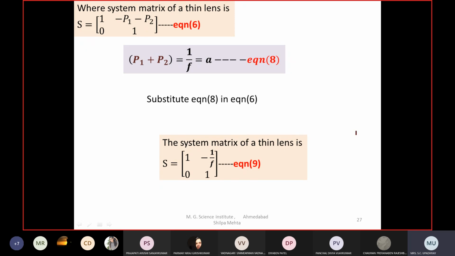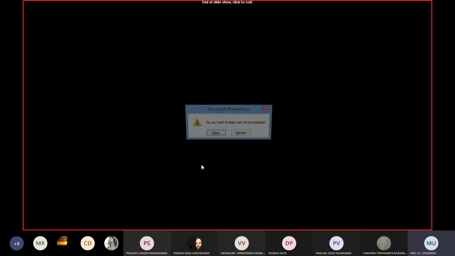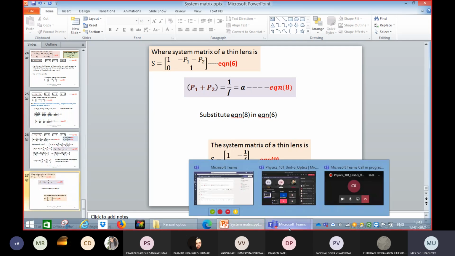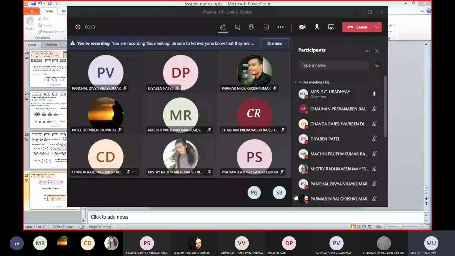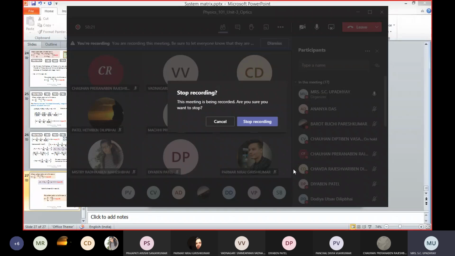And see, the determinant of each and every operator is equal to 1. So look at the value of the determinant here. It is 1, right? So this is 1 multiplied by 1 minus 0, that is equal to 1. So this is about our theory, the theory that we have discussed in today's lecture. The first theory is about the relation between the object distance, image distance